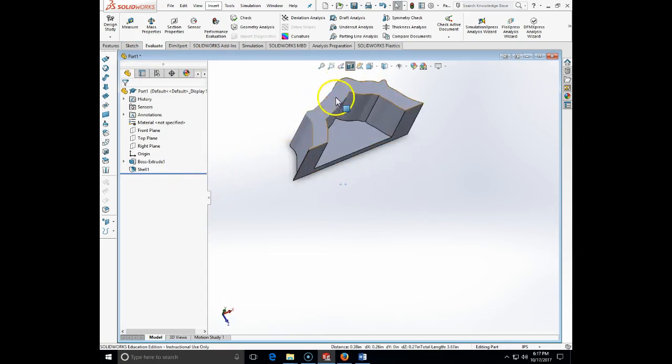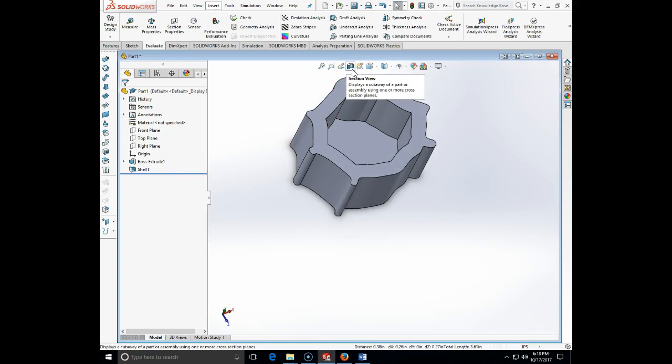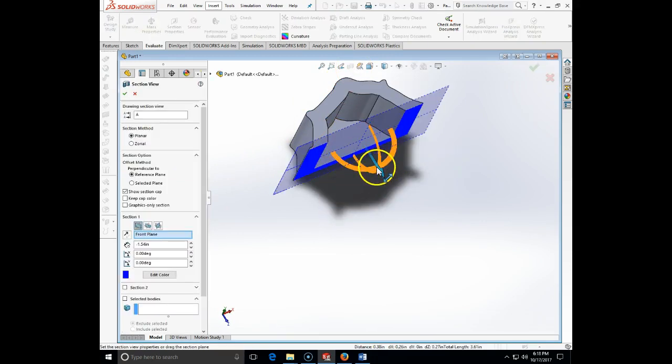Let's see if we change this section view. If I change this,